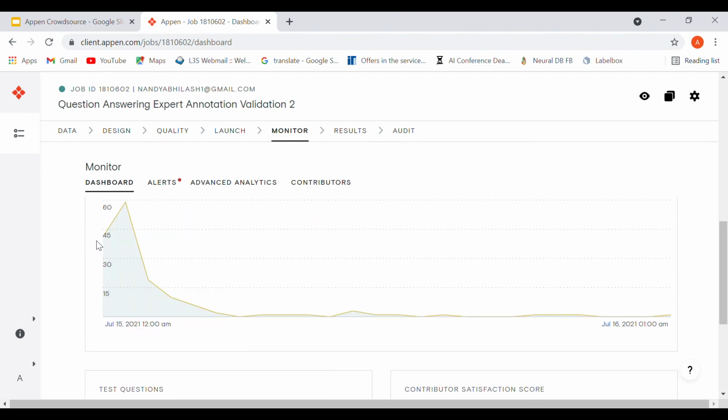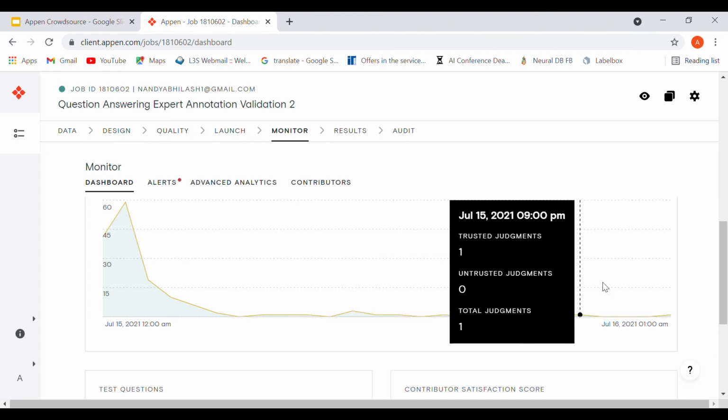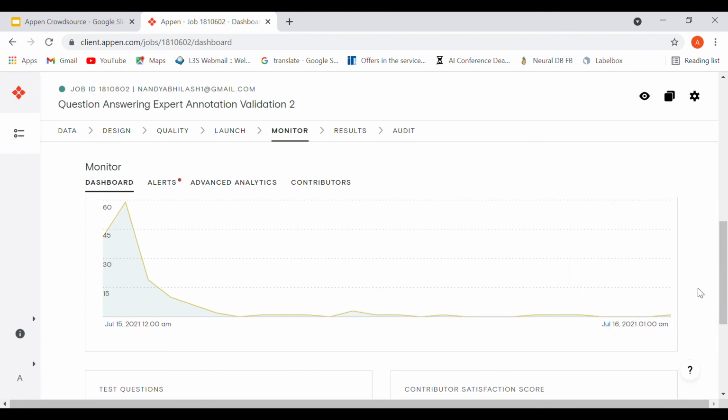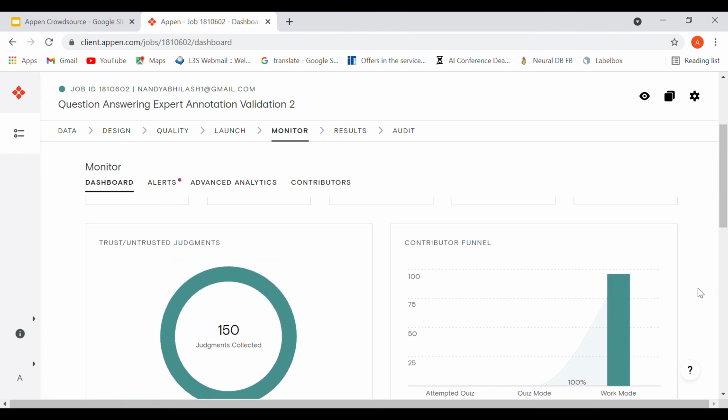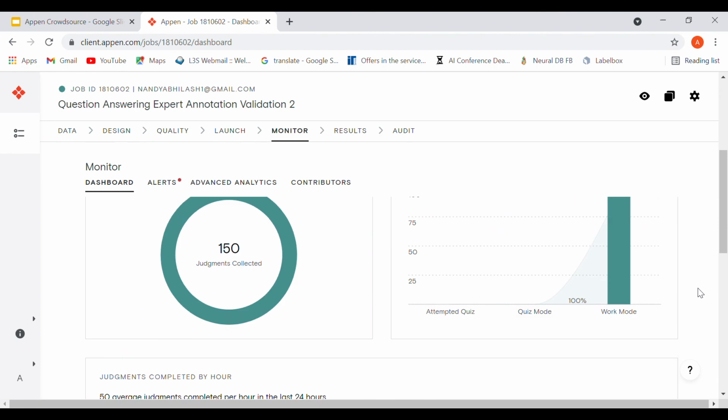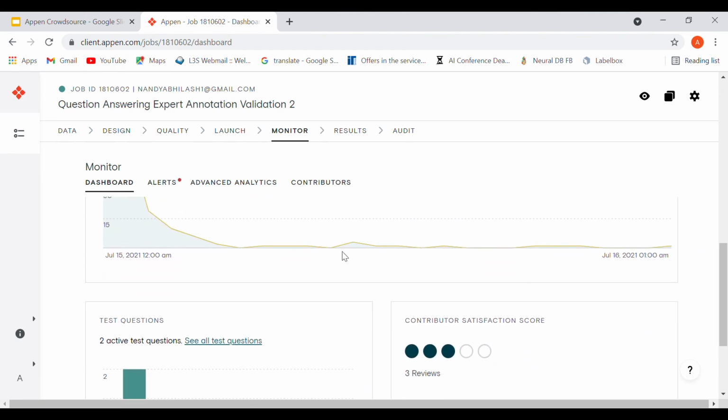All in all it was completed in about a day, 24 or 25 hours. So I guess that's an okay speed. That's quite a good speed for annotation. Later on it became a little slow, but we were able to finish.